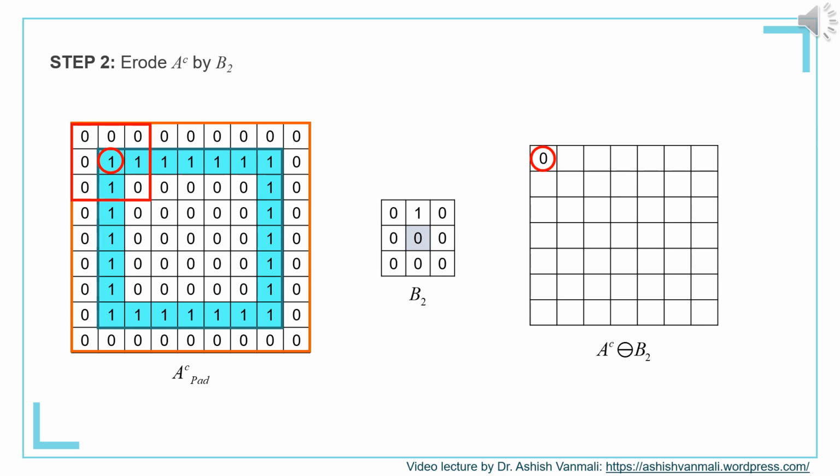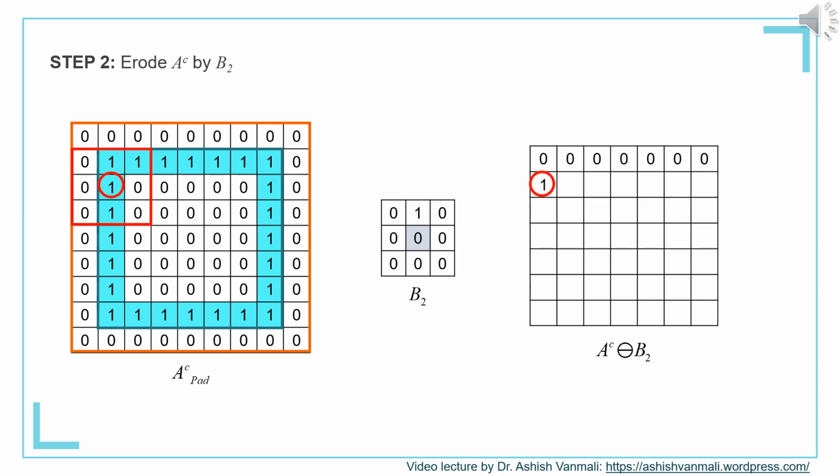In this case we want B2 to be totally contained. That means the pixel above the center should be 1 in the corresponding subimage. So you can see the first location. When we keep the center at the first pixel of A, there are a few ones in the underneath subimage, but none of them coincides with the one of B2. Hence the corresponding output will be 0. If we carry out this process for all the pixels of the first row, we will always get the output 0 because B2 will not be totally contained.